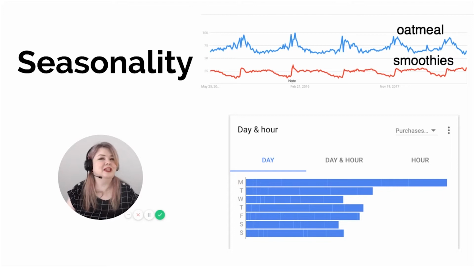And so they're probably looking for smoothie recipes. But we see it peak every single January and then also get more attention, more interest during the summer months before really calming down for the rest of the year. But it's really important to understand how your product or service is being searched, because if you're going to be comparing one month to a previous month or one year to another year, if you understand those trends, that's really going to help you